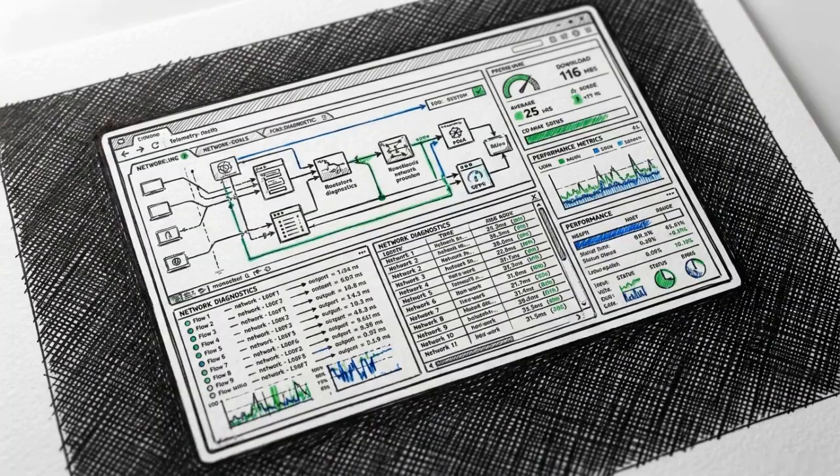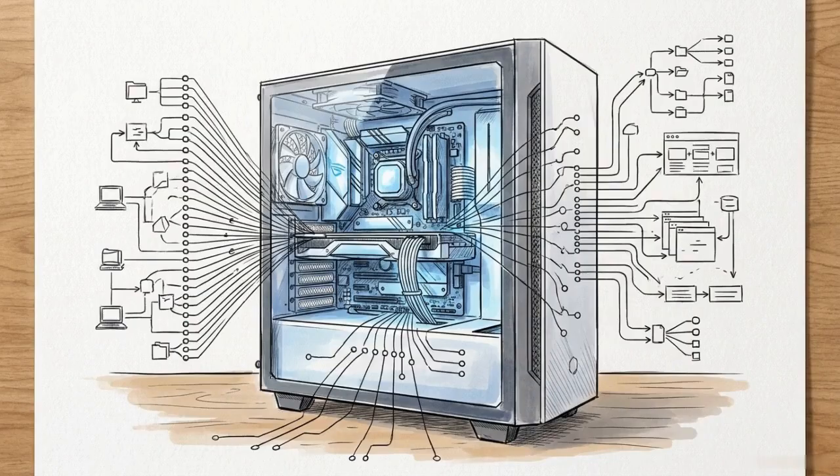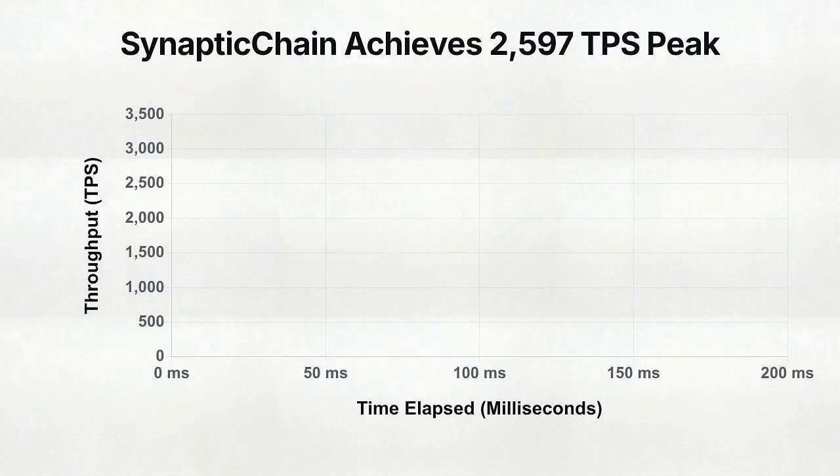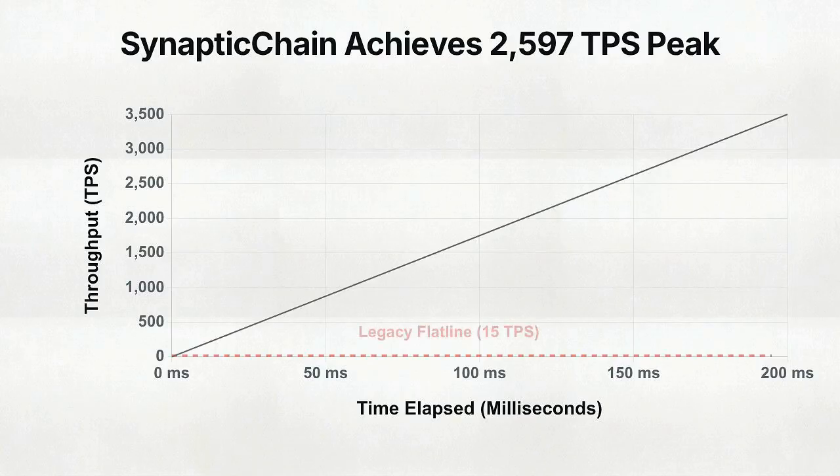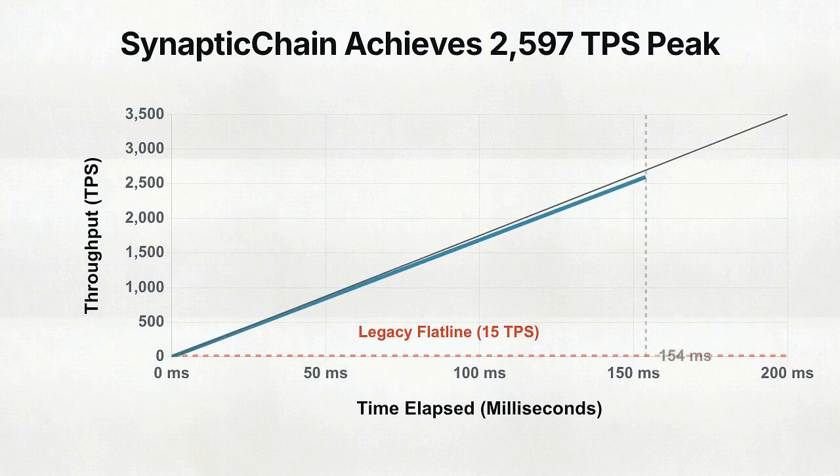We can see this scaling curve in action by looking at the empirical data gathered during SynapticChain's April 2026 testnet burst tests. The test used consumer-grade hardware to isolate a single shard processing 400 transactions. This chart maps throughput over time. While the legacy network flatlines near 15 transactions per second,